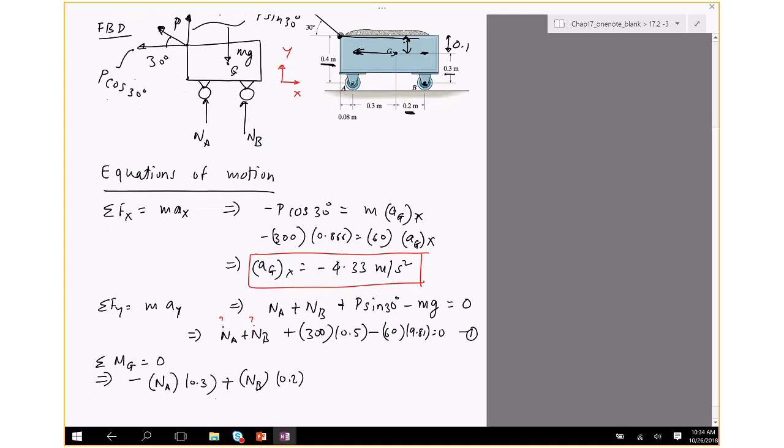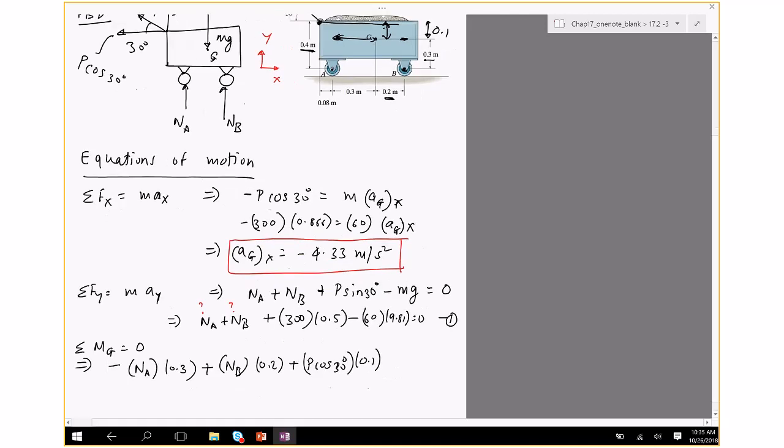So P cosine 30 degrees times 0.1, and so again the same thing. If I hold the object at G and apply a force P that way, it will cause the object to, well, rotate counterclockwise if there was no other force, so positive. And then finally P sine 30